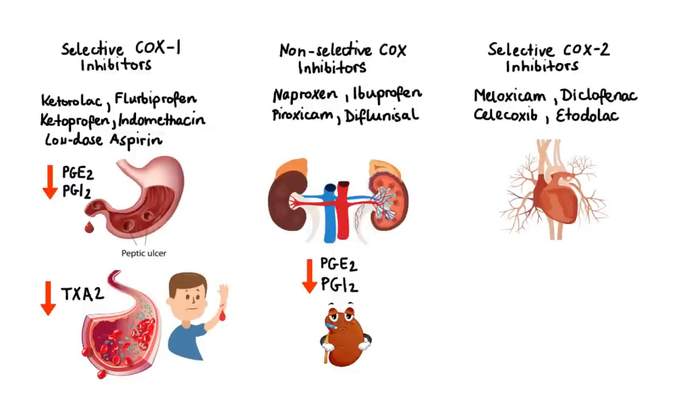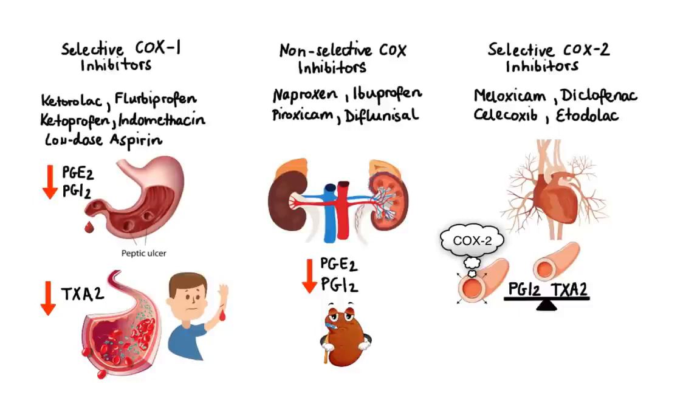In order to understand where this adverse effect comes from, let's take a look at the blood vessel supplying blood to the heart. So under normal conditions, we have a balanced effect between prostacyclin and thromboxane A2. Now, prostacyclin is produced mainly by COX-2 in the endothelium, and it's responsible for vasodilation and inhibition of platelet activation. On the other hand, thromboxane A2 is produced mainly by COX-1 in platelets, and it's responsible for vasoconstriction and promotion